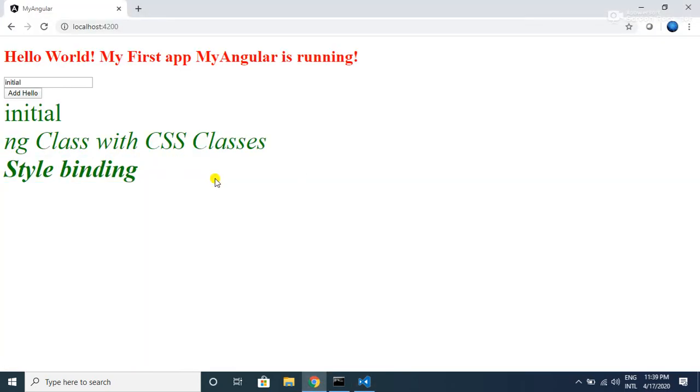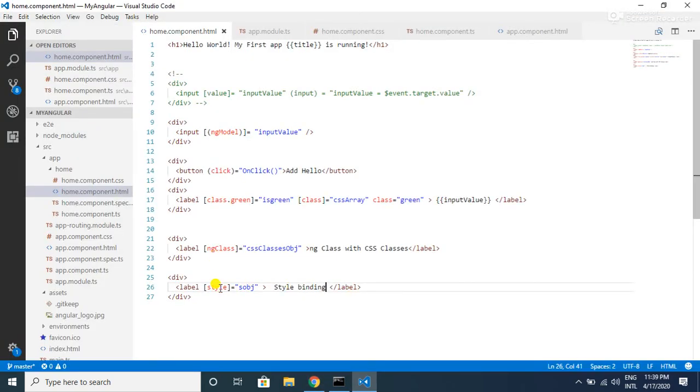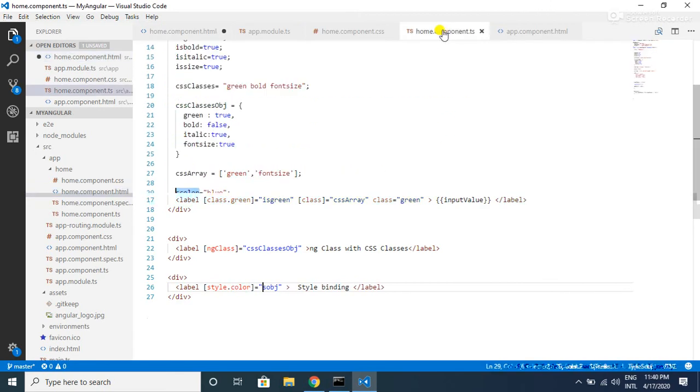So similar to this ng class directive, using ng style directive, we can only use this multiple style or property binding, whereas with style binding we can have single style property binding as well. So we can simply set like style dot color as, let me have a variable.